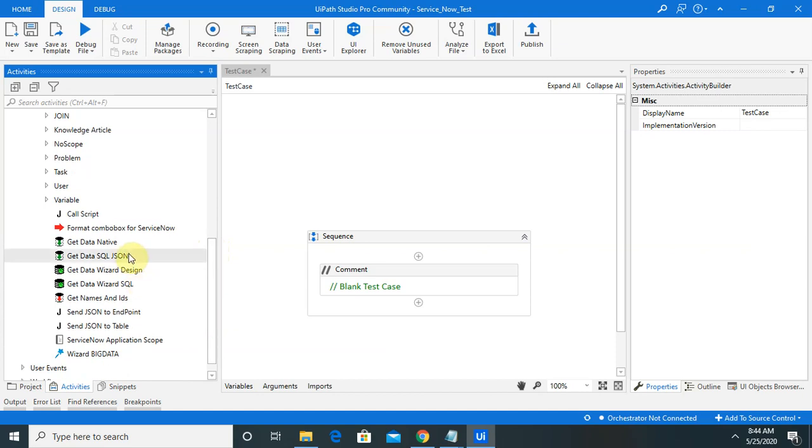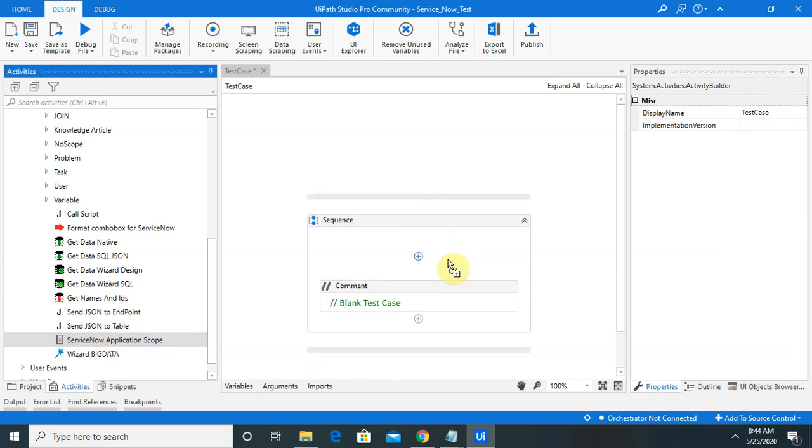All these activities will be helpful for automating the ServiceNow tool. So here we'll configure and connect. In further sessions, we'll definitely learn how to automate our ServiceNow tool by using UiPath. So let me drag this ServiceNow Application Scope here.